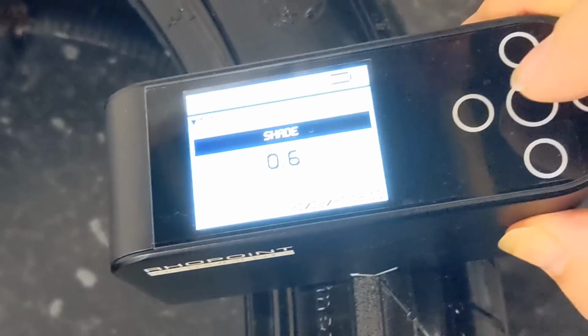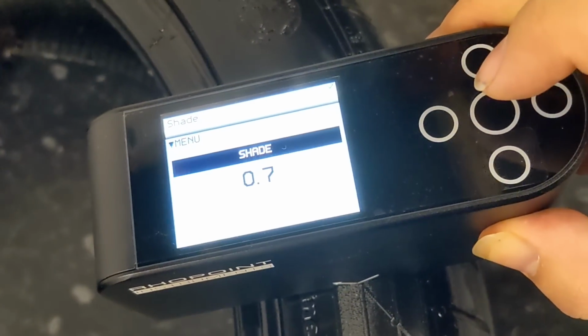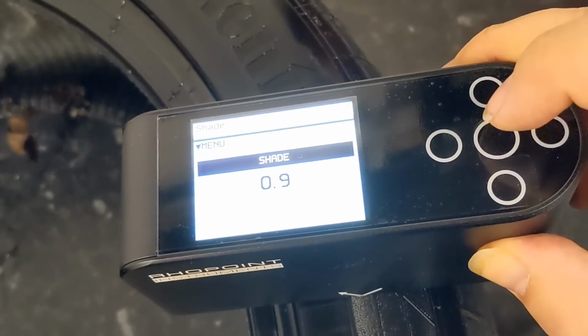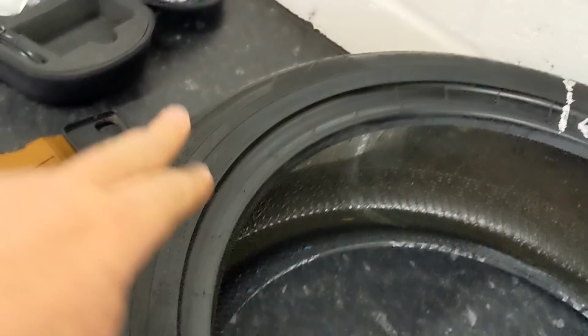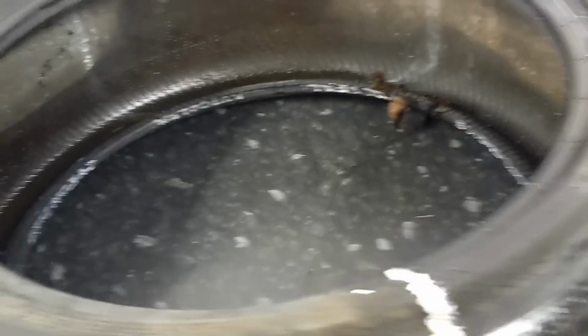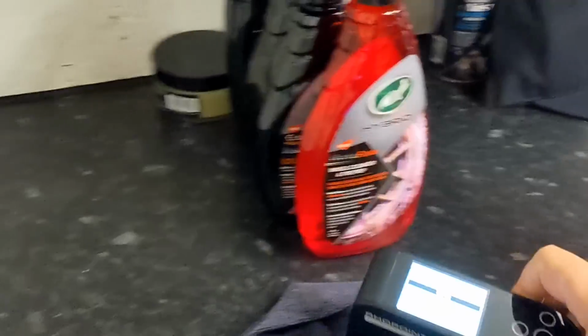This darkness meter tells you. It's got a nice little bit there. Yeah. This darkness meter, your eyes, you can see that is going to be darker than that. And that is darker than that. And this product just puts numbers around it, so you can do a bit of testing. Let's just wipe that, because...